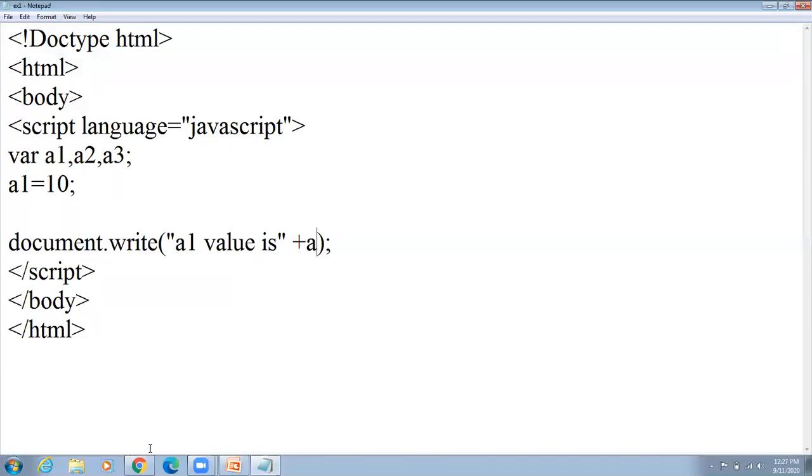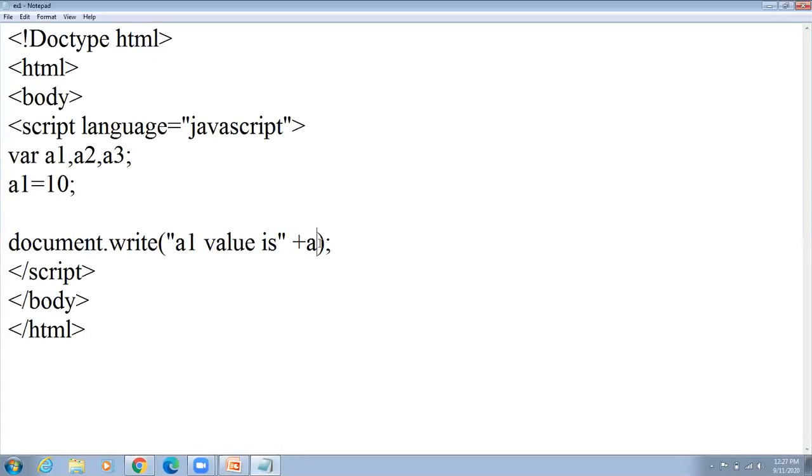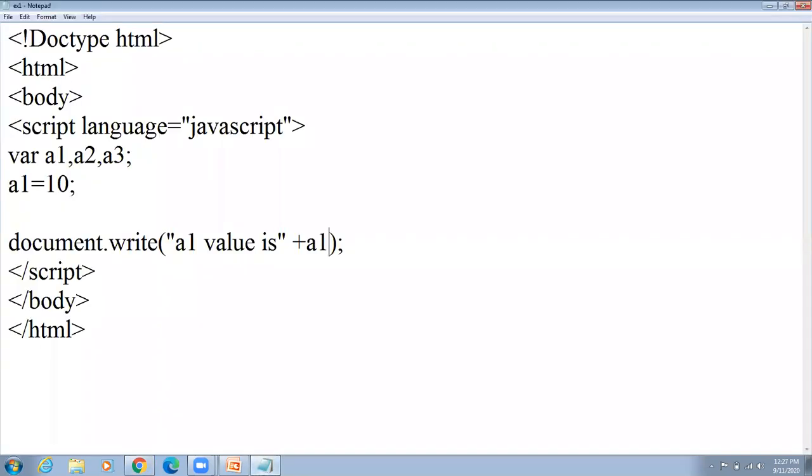See here, no output. Why? Because A is not assigned. Again put A1, file, save, refresh. See here, A1 value is 10. Got it? So in this way you can assign.